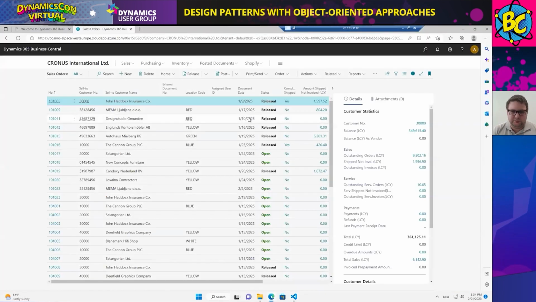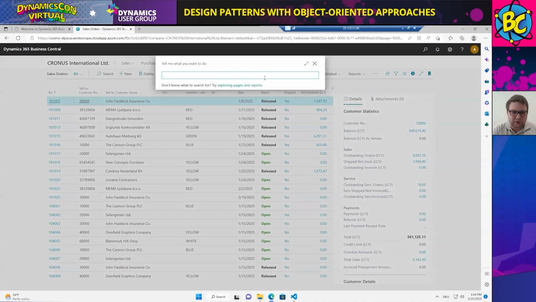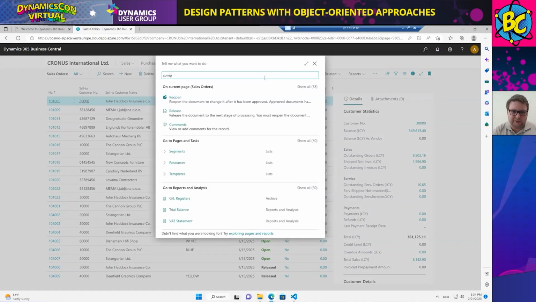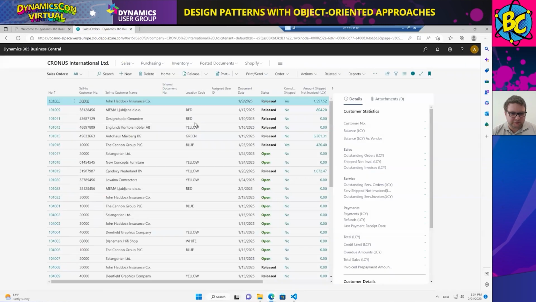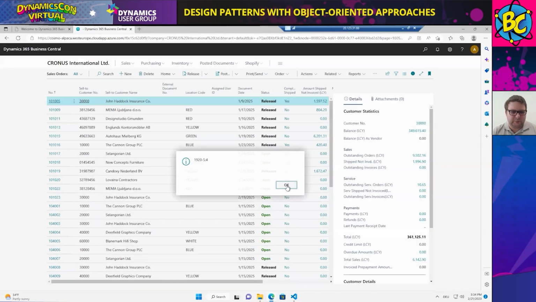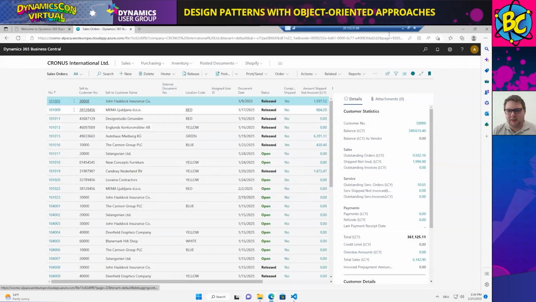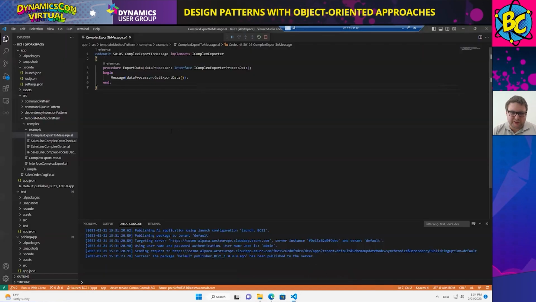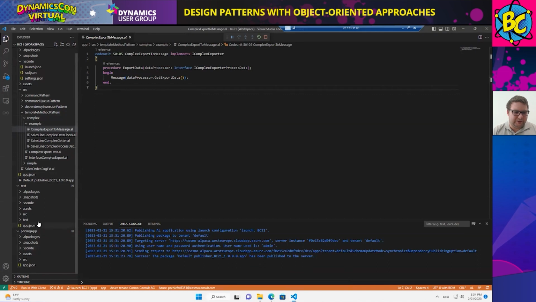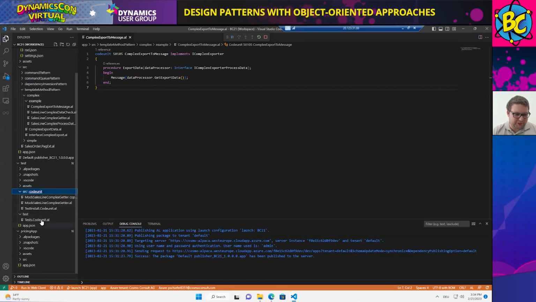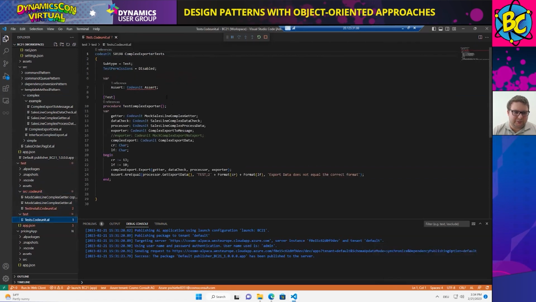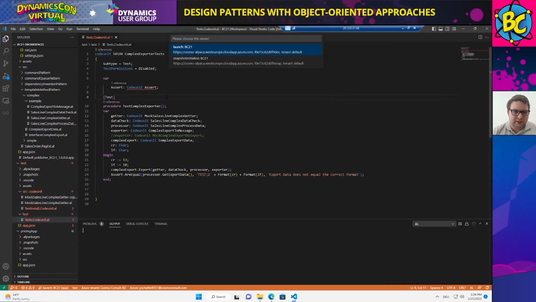Look at the example. Now it's more or less the same. I have a complex export. It's the same output. At the moment, there's no difference. So why should I do this complex stuff if it doesn't make a difference? Because, as I already said, testability. What I have done here is that I have created a test